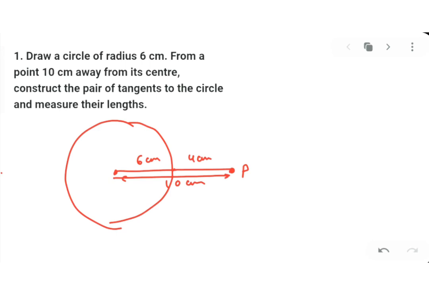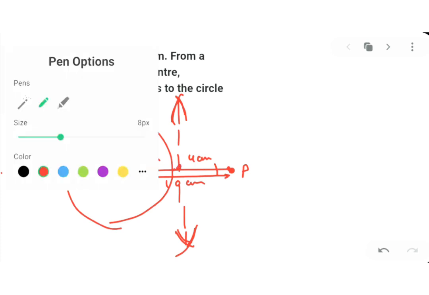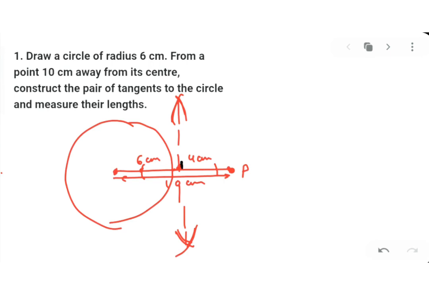Now we have to draw the perpendicular bisector of line OP. Got my point? Do you know how to draw a perpendicular bisector? In your compass, you have to take more than half, put it on point P, make an arc, put it on point O, make an arc, and from these arcs, you have to make arcs up and down like this. You have to join this, so that will be the perpendicular bisector of OP. Now, this midpoint of OP, shall we name this as M? Okay, this is your M point.